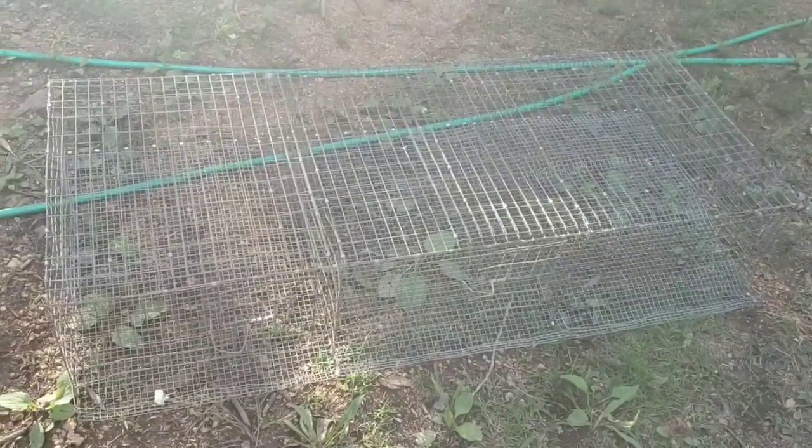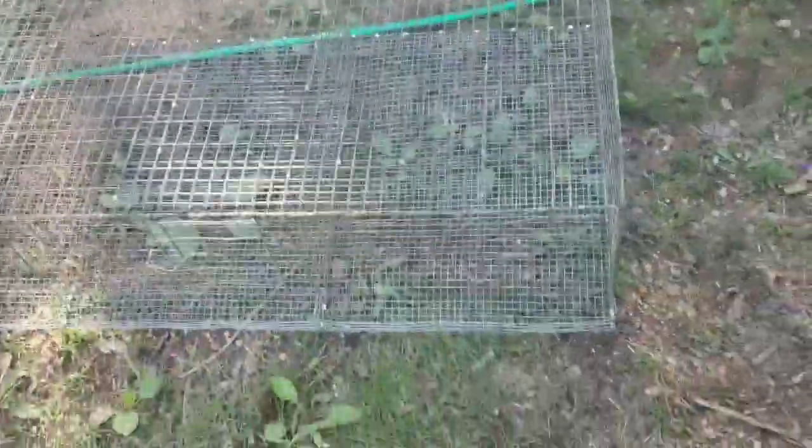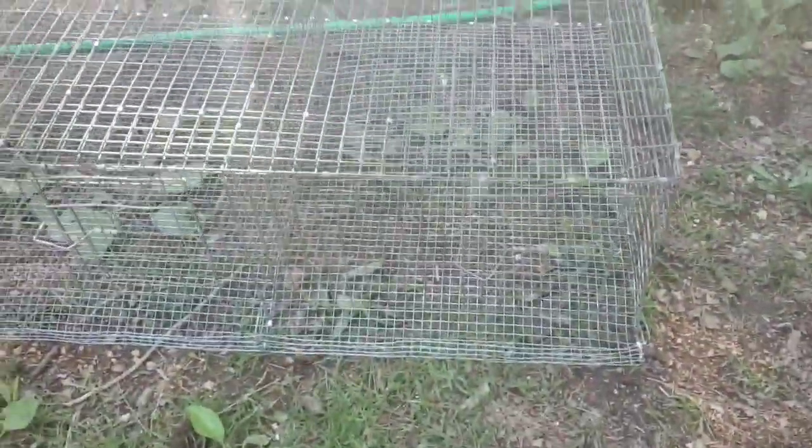Now here's the finished cage. We got the doors and latches on. The little egg collection basket area is ready at the